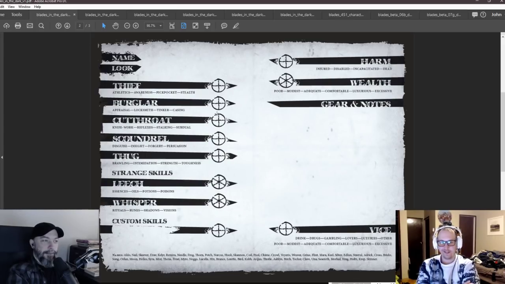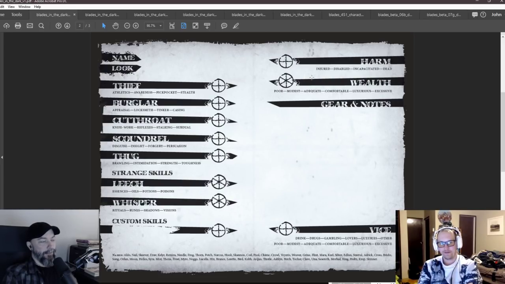Oh. Harm is kind of the same. Wealth, you have these wealth levels: poor, modest, adequate. Right, and so with harm, we're kind of getting a little bit of trauma. A little bit. Or the harm levels. There's this kind of beginning of that design. It's similar. It's kind of like healing in reverse. In this one, you fill the clock, and then when it's full, you take a harm status. Yeah. And obviously, dead is the worst one. Yes.